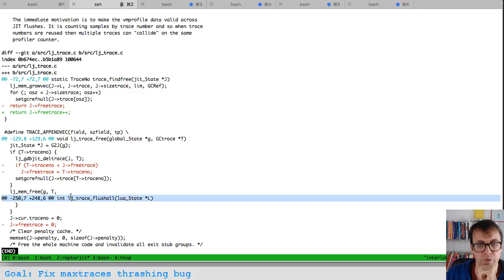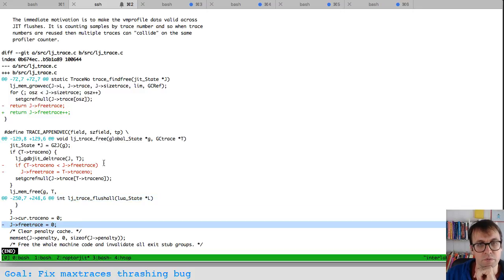So what did we back out? When you do flush all, it was resetting free trace to 0. It was quite eager about reusing things actually there. Oh, I don't know if I like that. That one seems to be saying that if you would flush a single trace instead of all traces, that you could reuse that trace number, and that I don't like, because again, for the profiler, we're going to say that